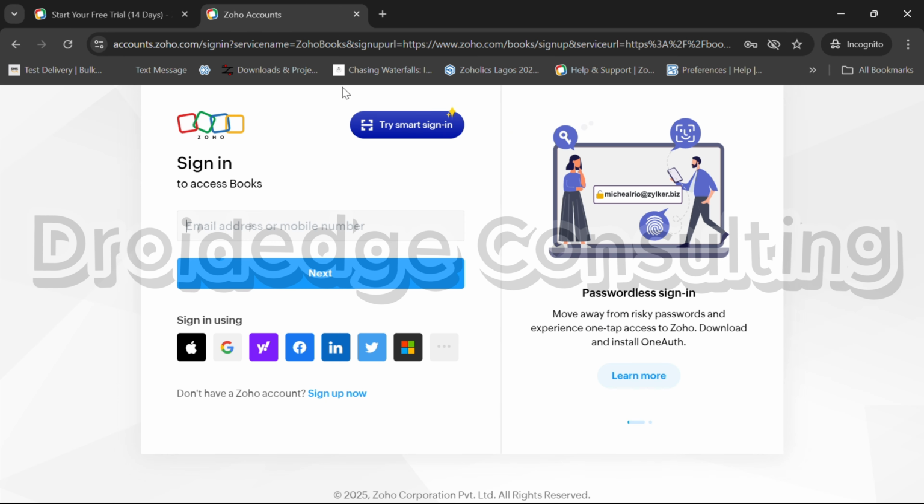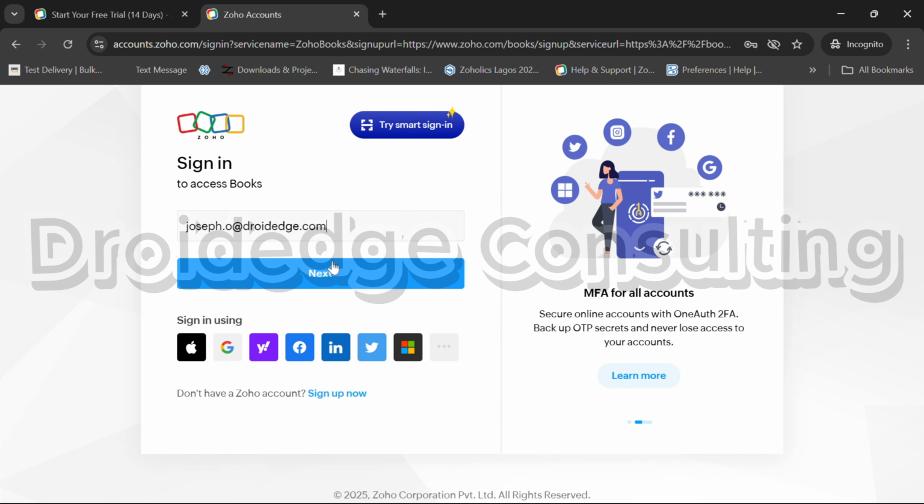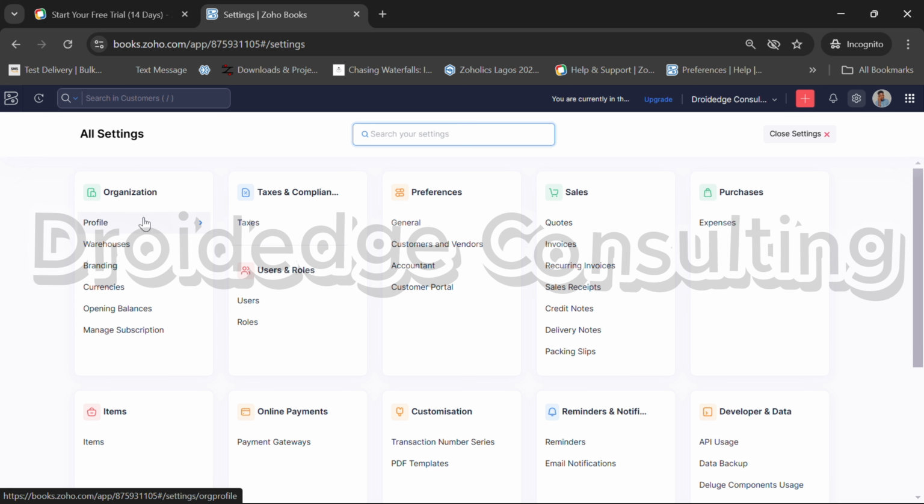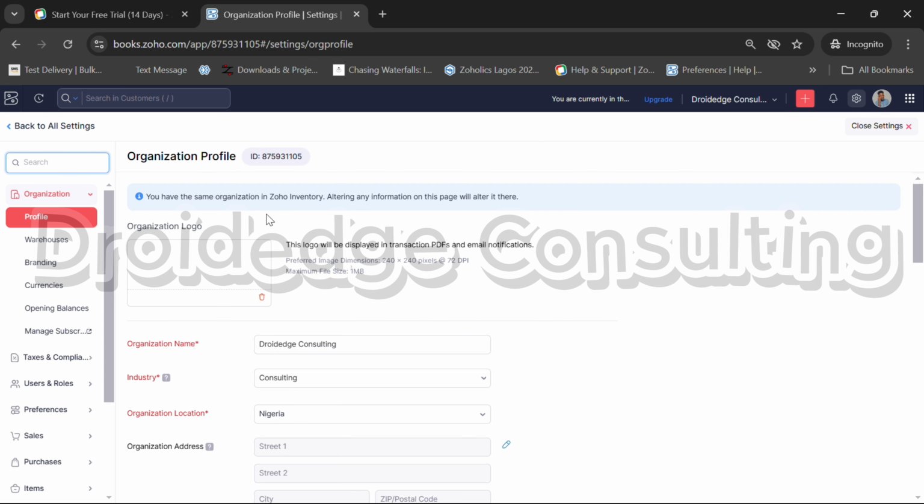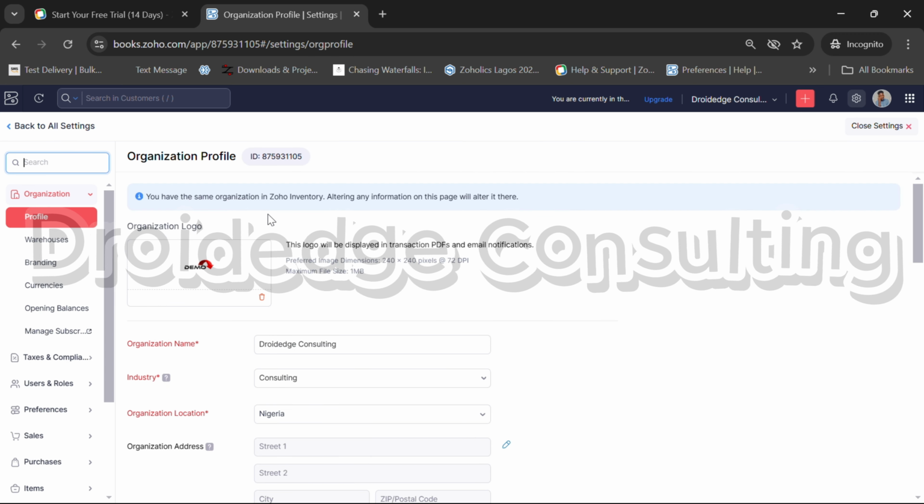All right, let me just go ahead and sign in to my Zoho Books with my password. So Droidedge Consulting, we have our organization. So how do I set up my organization? We want to be able to set up our profile, put our organization logo,